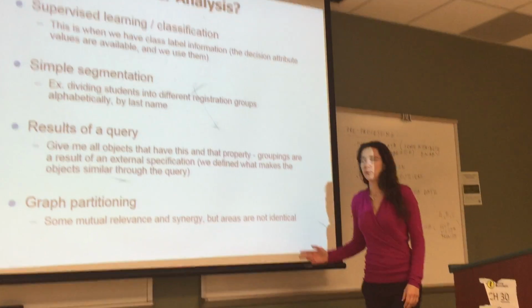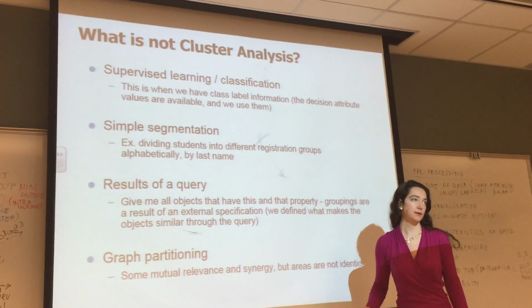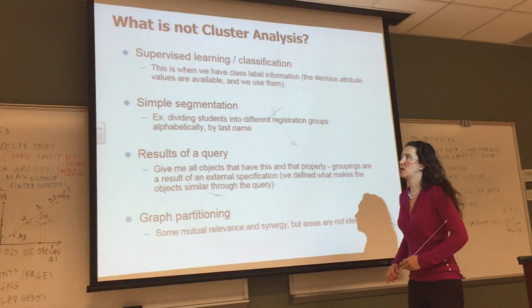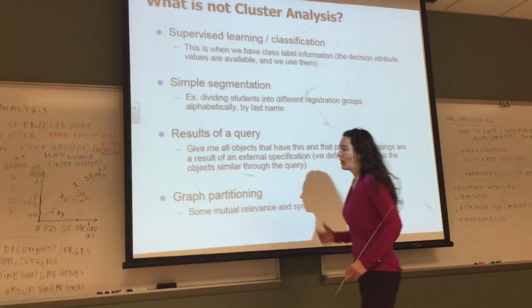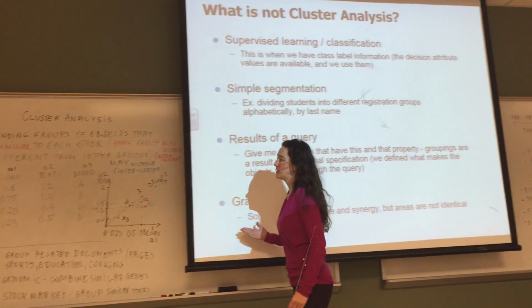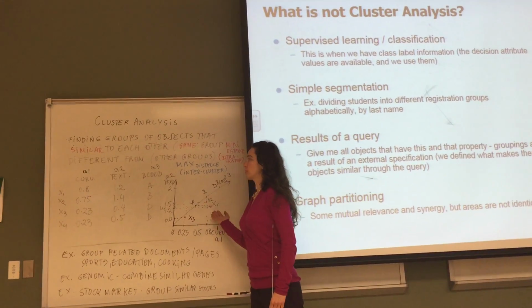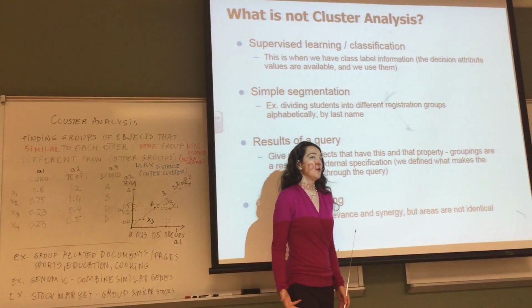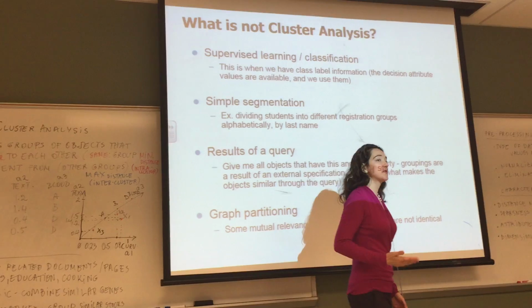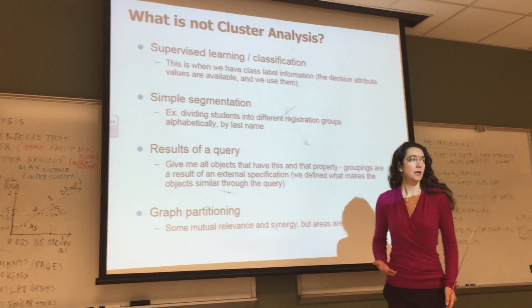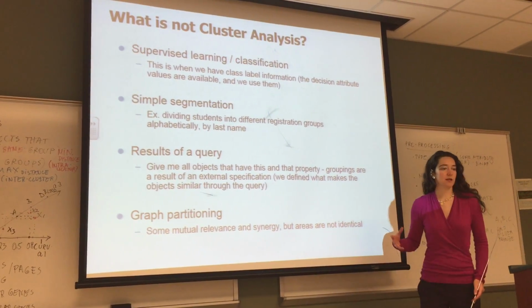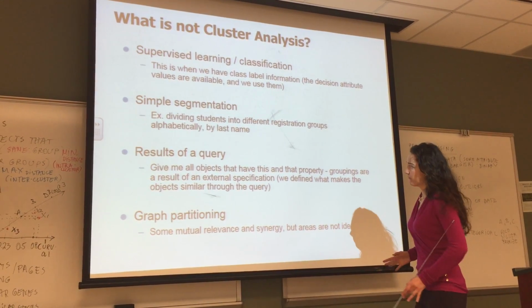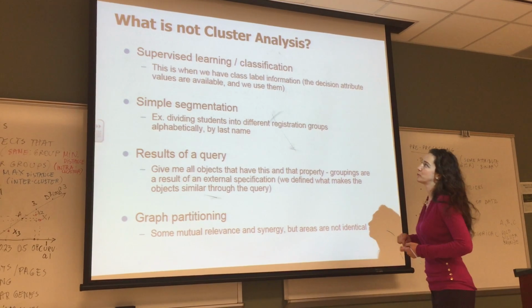Another thing that we need to point out about clustering is that it is called unsupervised learning because we allow our algorithm to go and learn which objects are similar to each other and combine them together on its own. We're not giving it any examples of how to do that. We're just telling it, compute the distance, if these are similar, put them together, if they're close, put them together,